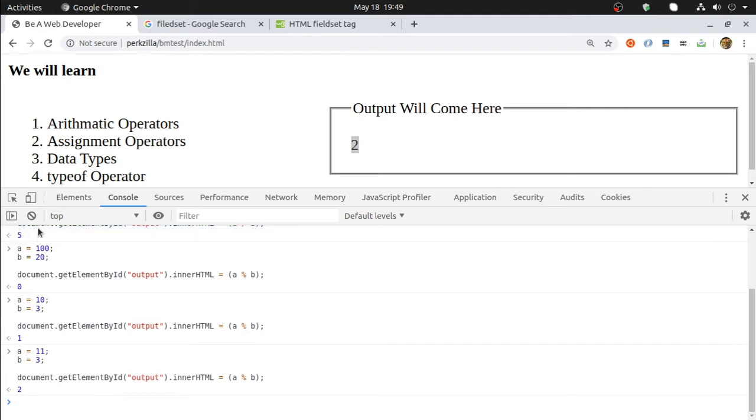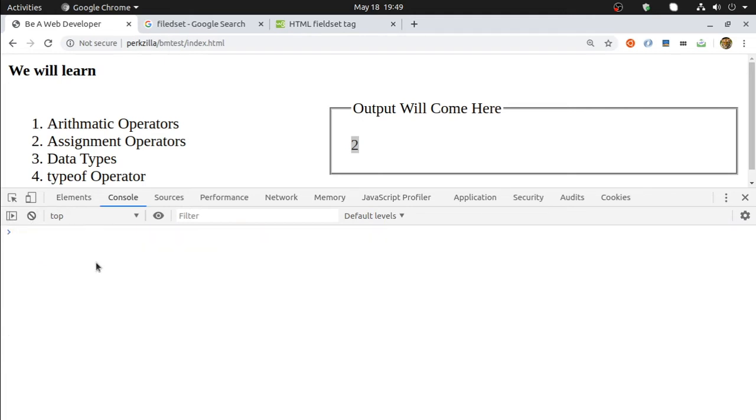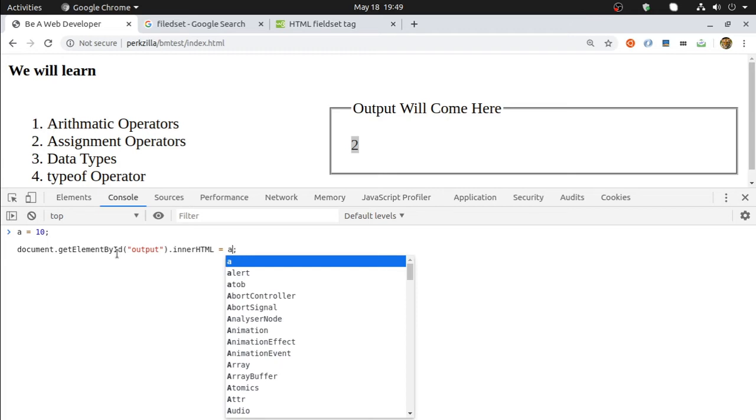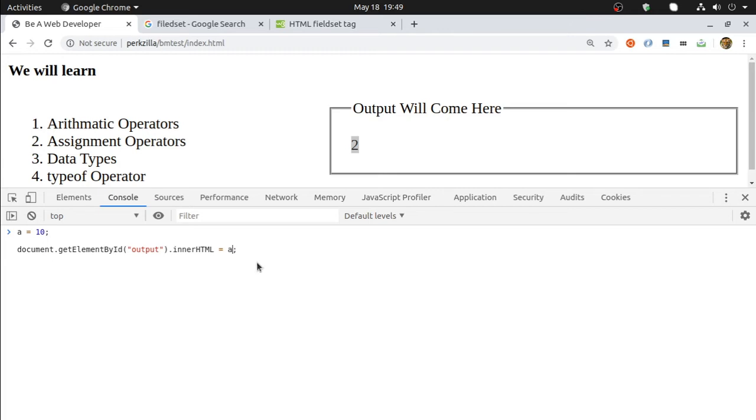Let me clear my console and add these things again. Now this time I want to display something. a is equal to 10, let's say, and here I want to display a. a is equal to 10 and I want to display it.